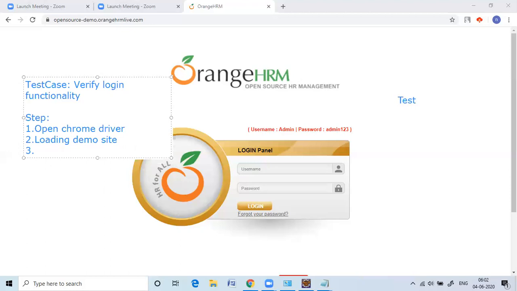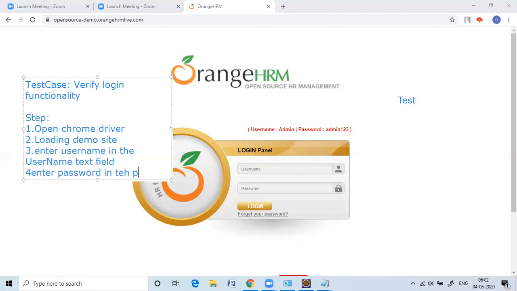Then enter username in the username text field. It is a text field, right? And the fourth one is enter the password into the password text field. And the fifth one is click on login button. It is a button. So this is my manual test case here.